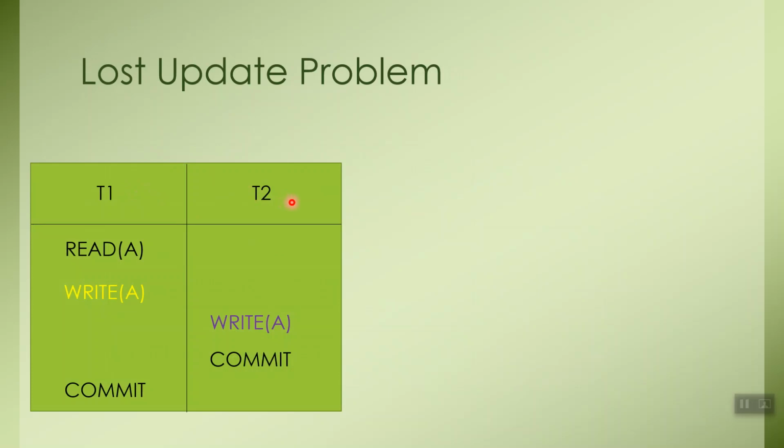Here there are two transactions, T1 and T2. T1 is going to read and write the data item A, then a context switch happens. T2 is going to override the value of A, then it is going to execute the commit statement, and a context switch happens. Then T1 is going to commit its execution. So this is how T1 and T2 are going to execute. Now let's see in detail what will happen for each and every statement in this schedule.